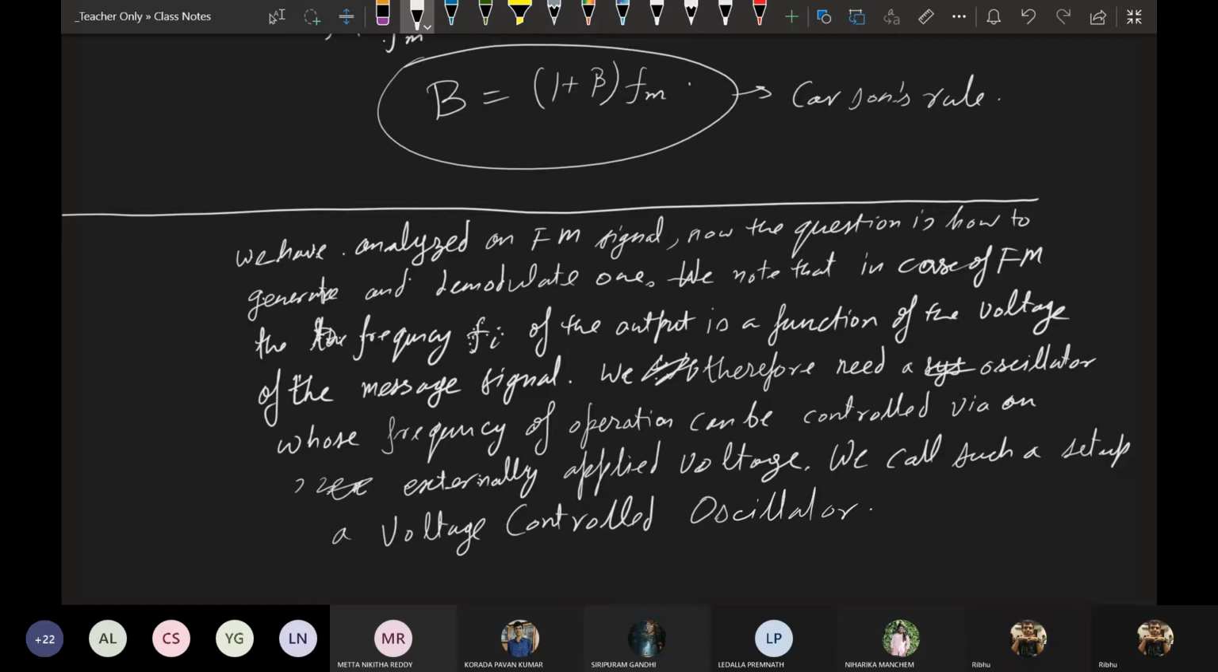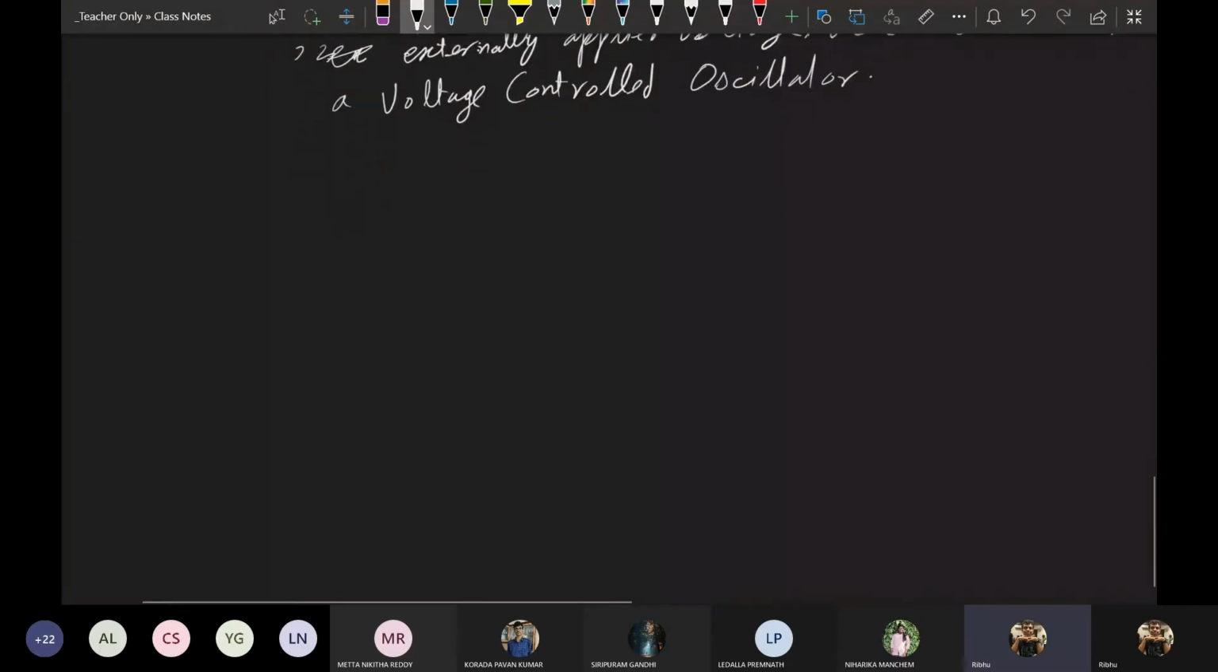Guys, have you heard this term before? Voltage controlled oscillator in some other course? I take that as a no. That said,